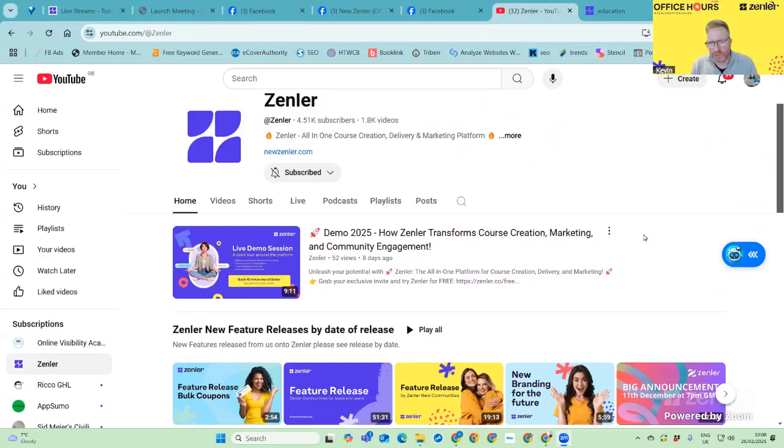That's where YouTube comes in really handy, because it has integrated search. You can come on the account and search for something. If you wanted to search for blogging, for instance, you could go into all of the videos, search for blogging, and it will come up with any videos we've done that pertain to that. That may well be stuff that isn't in the complete guide to Zenler, because the guide is click this, click that. These types of videos can be a little different, like how to use blogging and what to do.